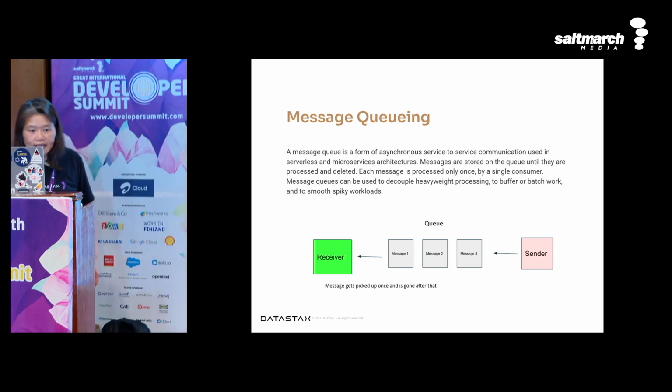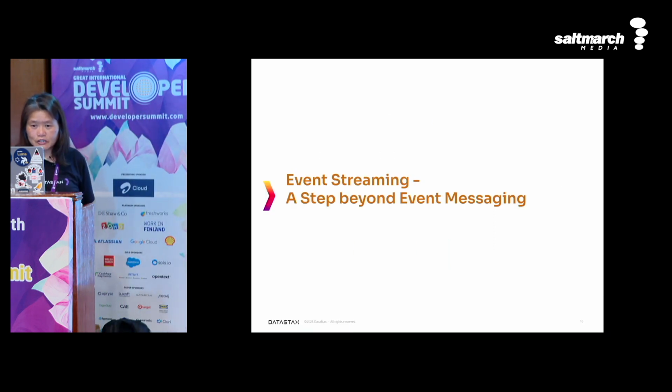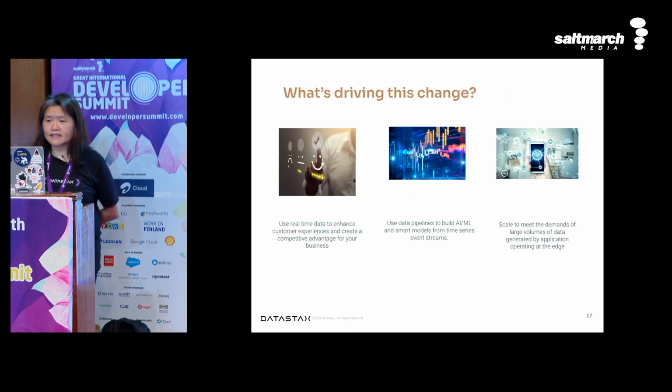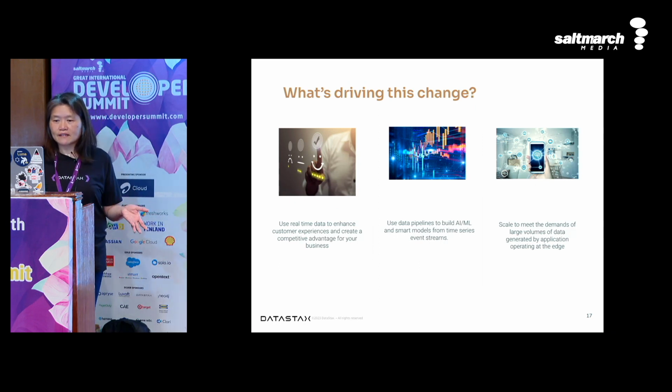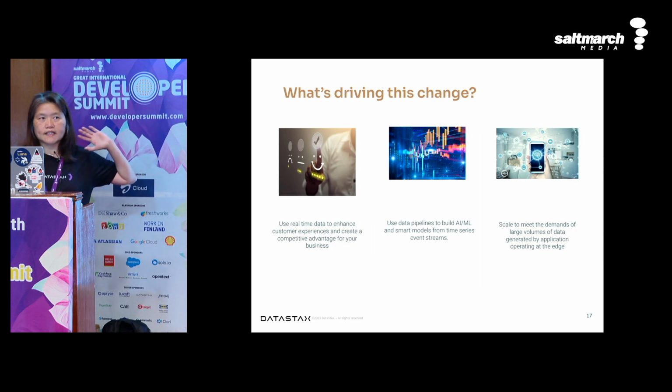So, okay, enough of the basics, but let's take a look at event streaming. Basically, it's a step beyond just the messaging part. Messaging is just sending things back and forth, but the streaming part is what makes it more interesting. It allows for complex event processing. And what is driving the change is that we want real-time data. It enables you to do things much faster, unlike the old ways in which you need to write things to disk and then select back and forth. With this kind of approach, it allows you to process data as it comes in, in memory. So real-time data is driving this change.